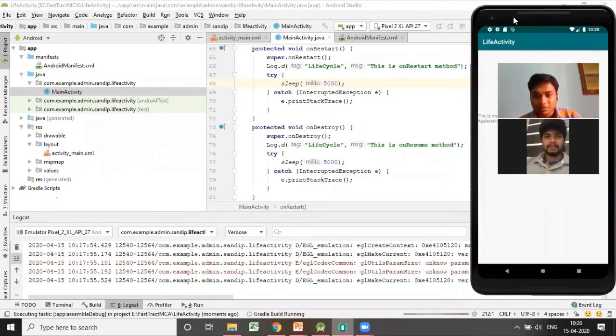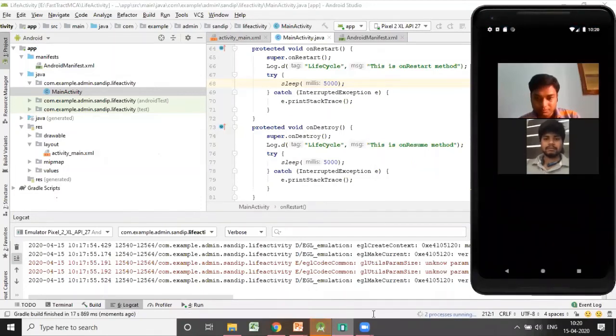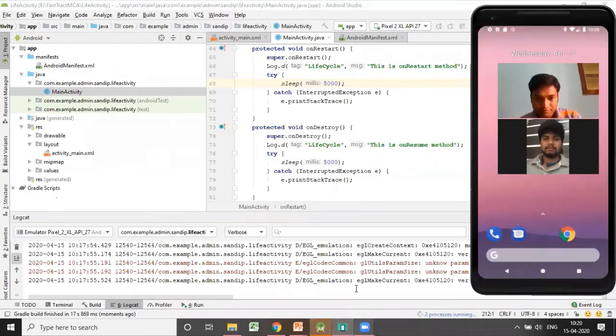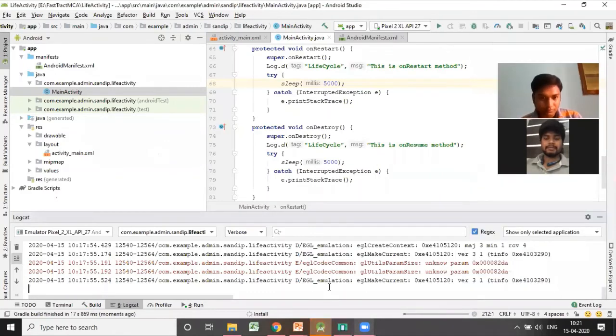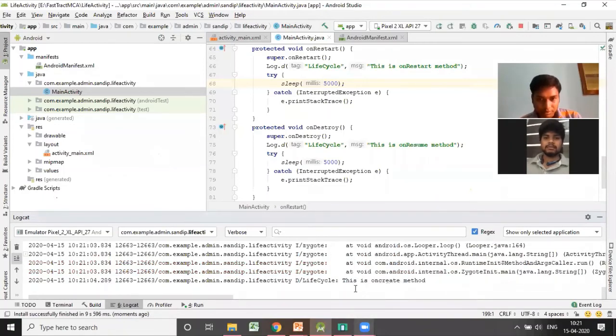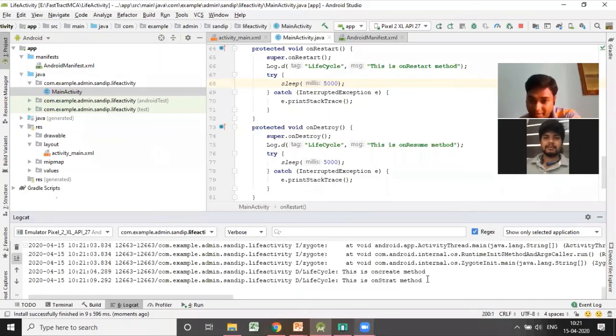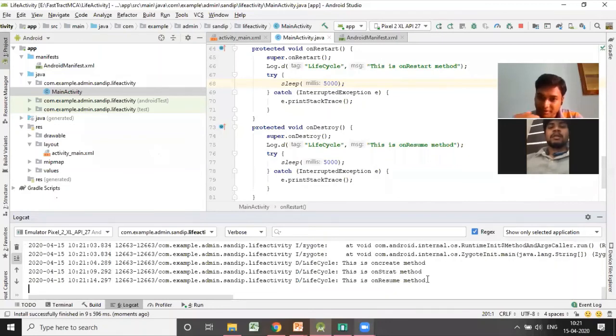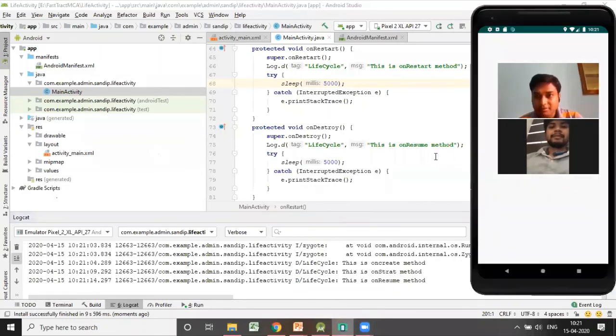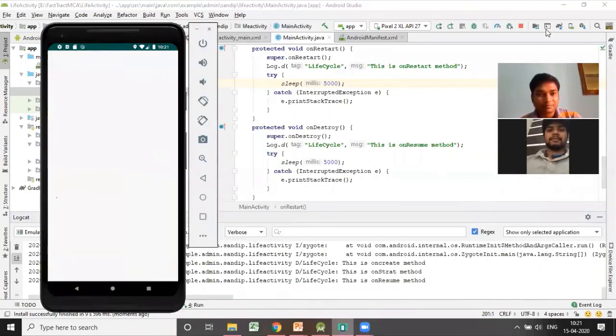Step by step, whenever the activity is launched after install, you can see step by step. Now see, this is the on create method. Now it stops execution for 5 seconds. Now on start method, again stops execution for 5 seconds. On resume. Now you can see the activity is displayed here.